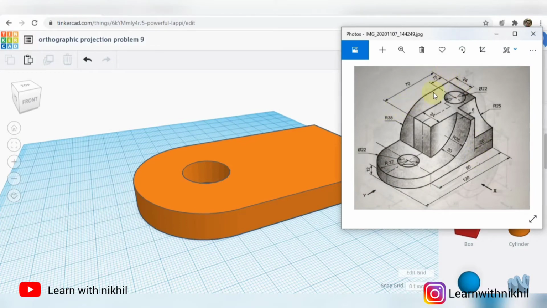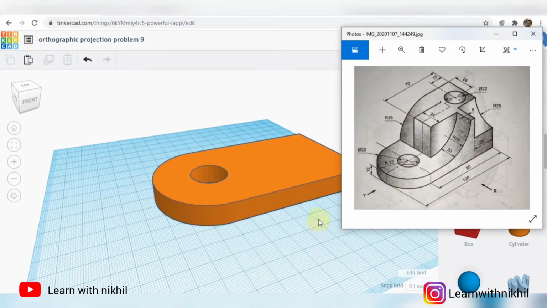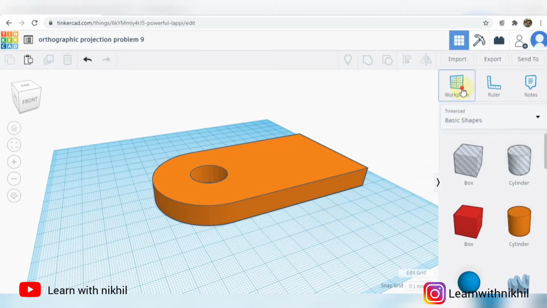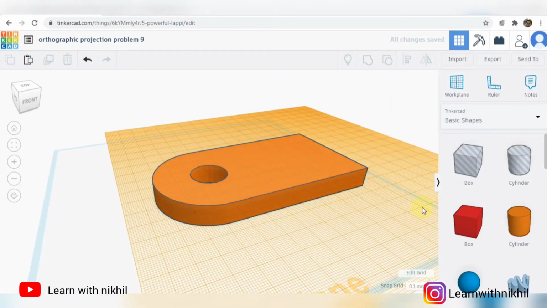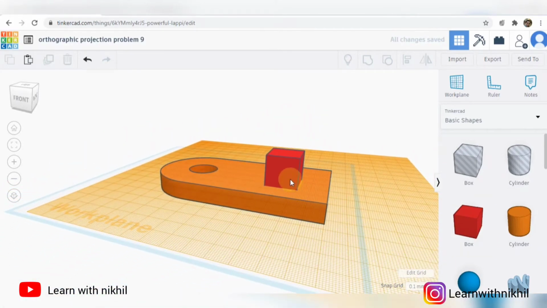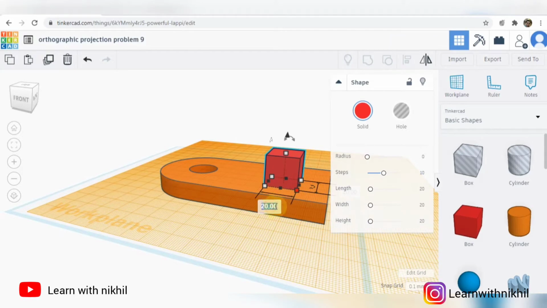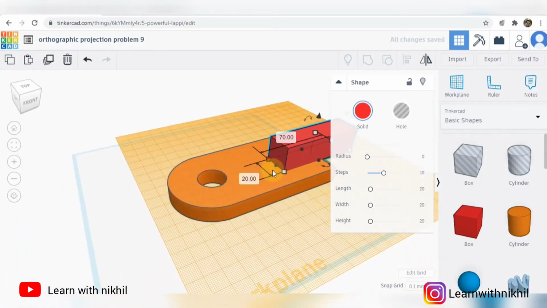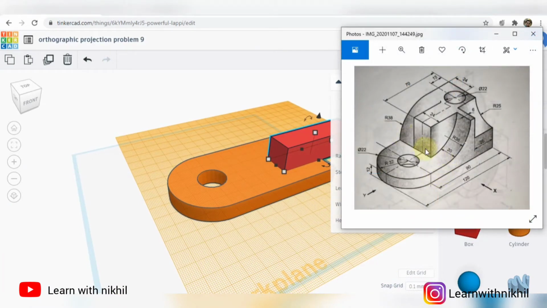as this distance given is 70, we can directly construct our box, or we can place a work plane above this object and then place the block, so that the block totally coincides or aligns on the bottom block. Now arranging these dimensions, the total width is 64 as it's the diameter of the semicircle.